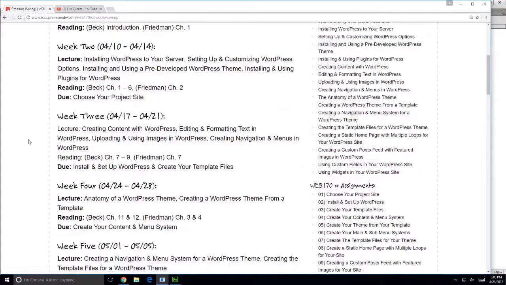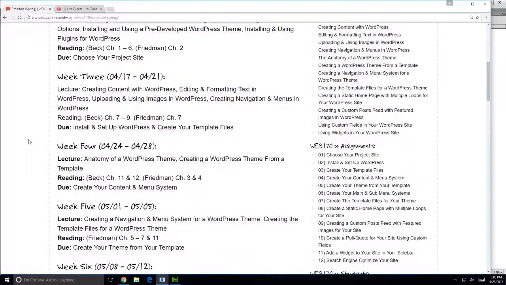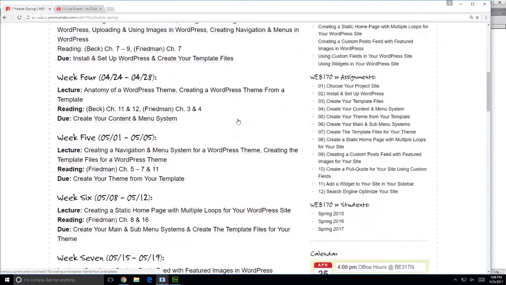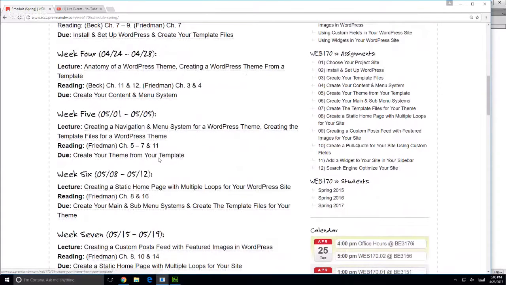So what we are going to do today is talk about the anatomy of a WordPress theme, what the files are, and then we're actually going to start and create your theme from your template system. So at the end of the week, create your content and menu system is due, right? Sherrod, you okay? Yeah. Okay. The assignment for these 2 lectures, if we take a look at create your theme from your template,